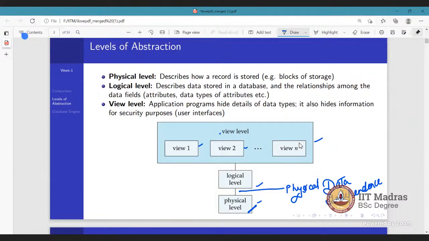Anything else? And ma'am, logical level independence will be independent of the view level, right? Exactly. It will be independent from the view level.